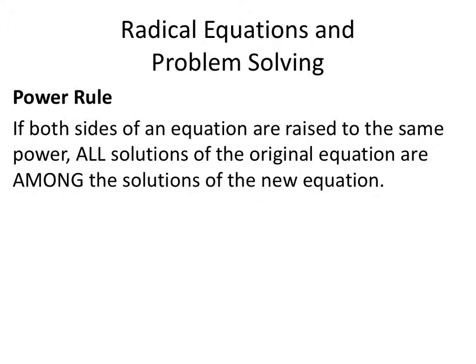This power rule stuff, I don't know, seems like we've heard that name before, but it's a little bit different now. With equations, it's just like any other equations. If you do something to one side, you got to do it to both sides. So if I had x equals the square root of 17, then I would square both sides to get x squared equals 17. I know that's kind of weird maybe right there, but it was easy for me to show that. If you do it to one side, you got to do it to the other side,